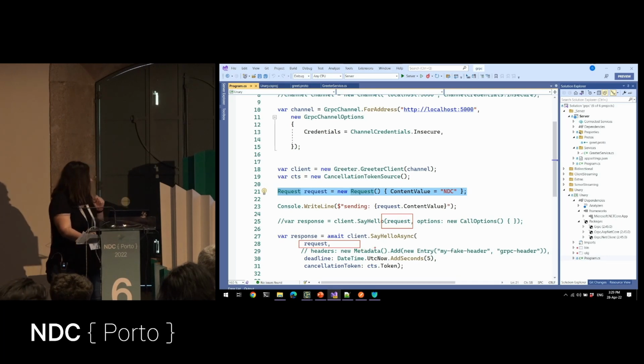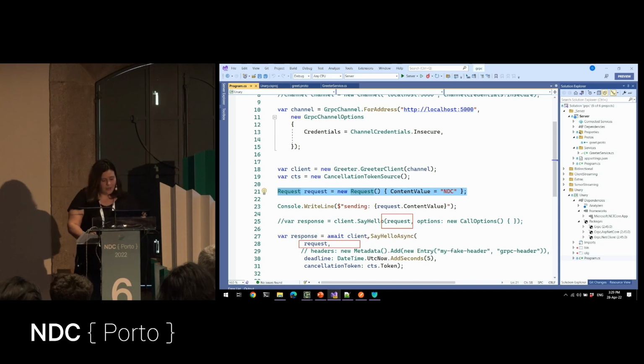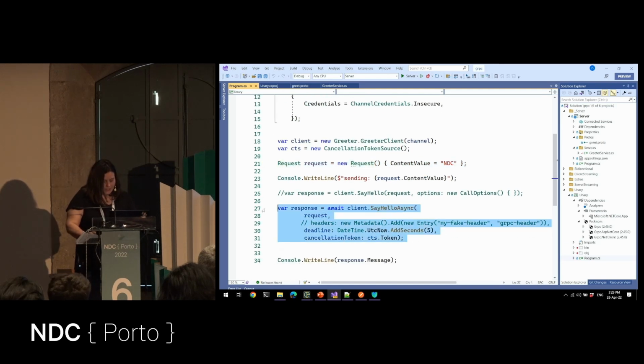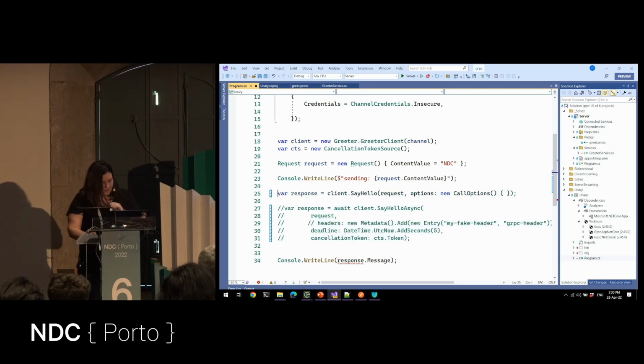And in here, you are able to have a few things. For example, you can specify a deadline. For example, if I'm not getting the response back in 5 seconds or milliseconds, just consider this as being, okay, expired. Don't do it anymore. Or maybe you need a cancellation token. After a while, if something happens, you will be able to cancel that request. Okay, so this is the complicated version, the complicated overload. But in here, I'm going to show you the easiest one.